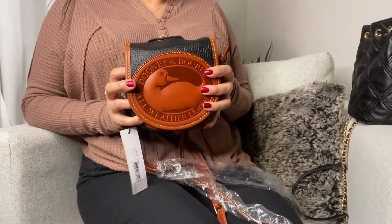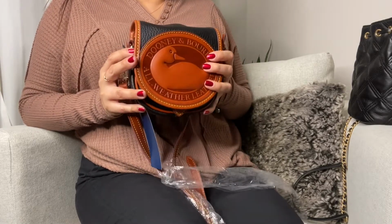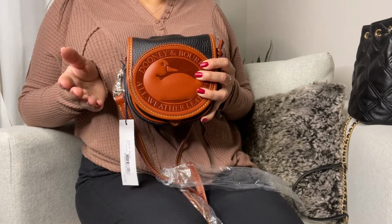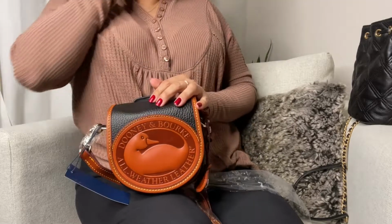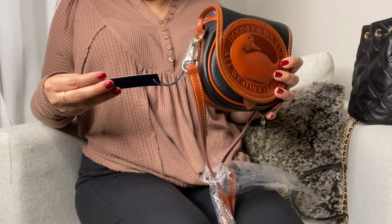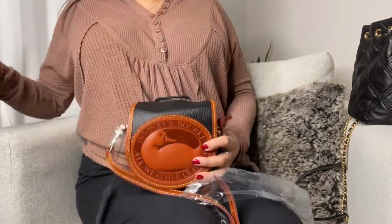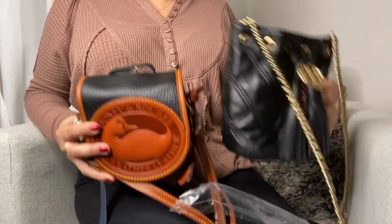I did get a good price on her. Like I said, she was on sale when I got her. I think full price she's $225. I'm sorry guys, I should have looked it up before, but I believe full price. It's not listed on here. And yeah, compared to the bag that I was using today,